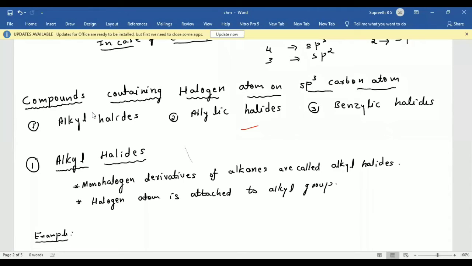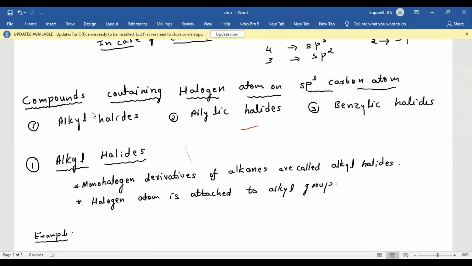Suppose you take ethyl chloride, that is CH3CH2Cl. We have two carbon atoms, first carbon and second carbon, and the second carbon is the reference one. You have to check the hybridization of this second carbon atom, because that carbon atom is attached to the halogen atom. Clear? Next, based on that, we have three types